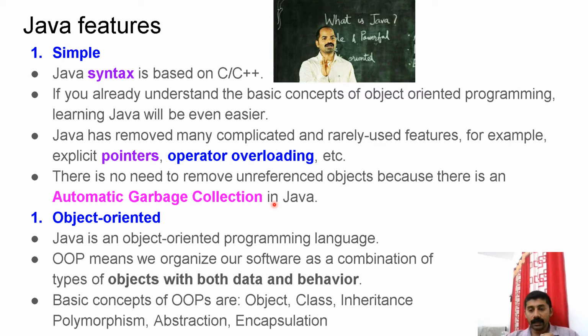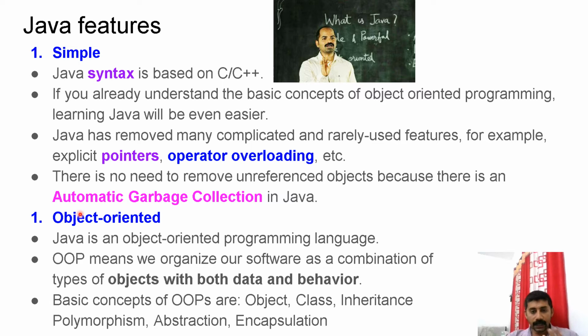This is another area where in many cases programmers make mistakes in releasing memory. They will allocate some memory dynamically in their C++ programs. Once you allocate that, it is up to the programmer to release that memory. Many times they may forget to release it. That will lead to a memory leak in the program, and stability issues will be there. Such headaches will not be there in your Java program because the programmer is not responsible for that particular task. There is something called automatic garbage collection in Java. Because of these reasons, Java programming is considered to be simple.